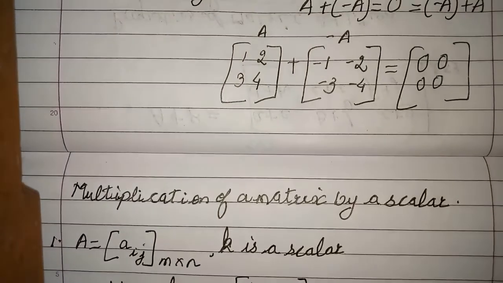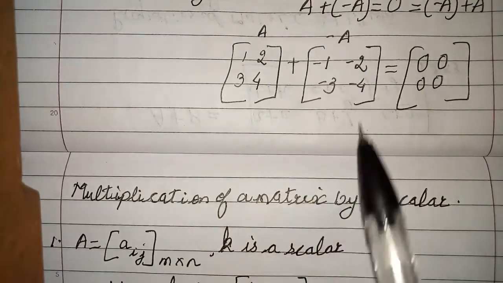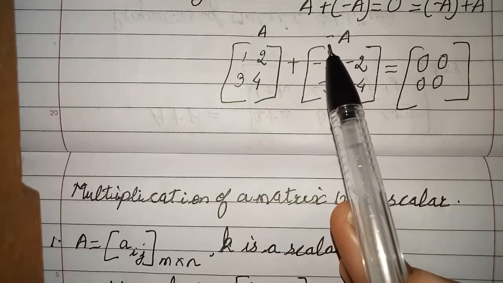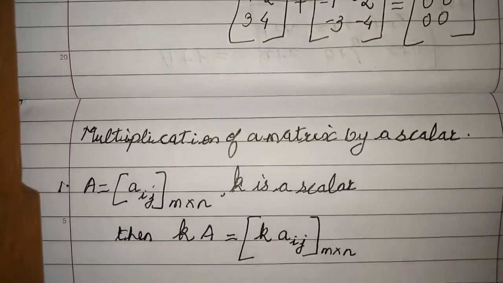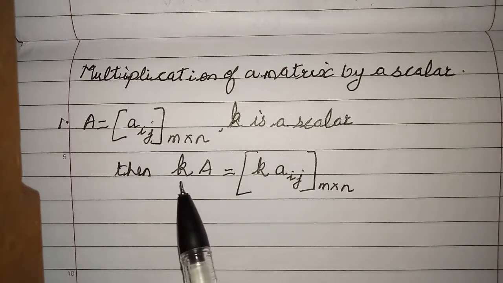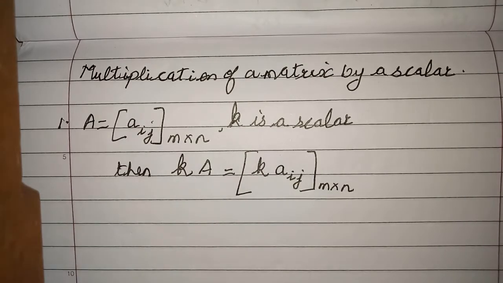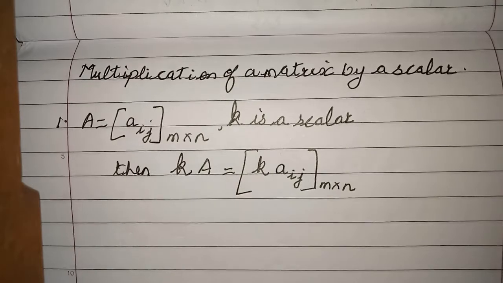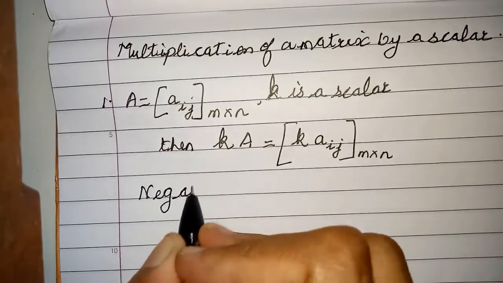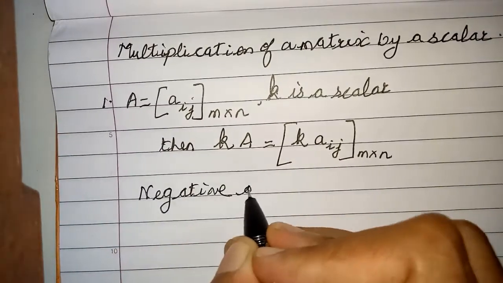One minute back I showed you here, right? This is what is done here. It is the multiplication of this matrix A by minus 1. Is that clear? So the only thing is, you just take that number and multiply it to all the elements inside the matrix. Is that clear? So because of this we have a concept. I have already developed it before under addition.